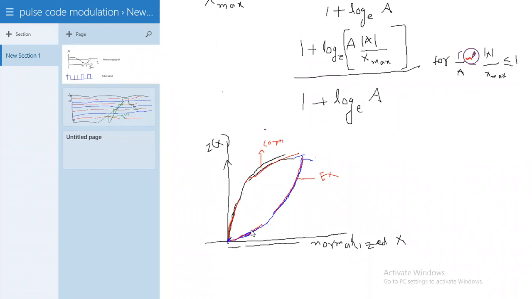Whatever process takes place in the transmitter section, the process here undoes that process. The signal that was amplified largely is decreased at the expander. If it was compressed, here it is amplified. That opposite process takes place at the expander. Then that is given to the output sections. So this is the process of companding.